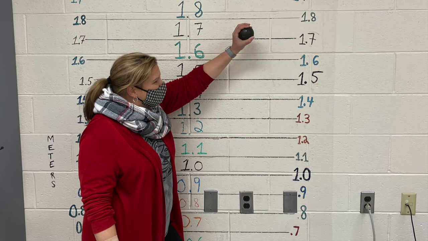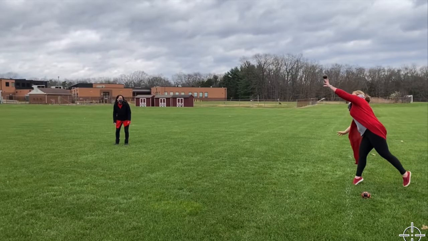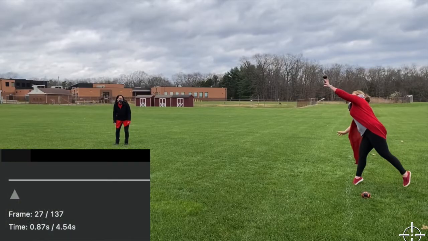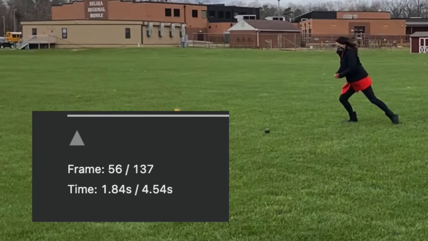We then measured the height from which the ball left her hand by having her put herself in the same pose as where she threw the ball. We then used video analysis to find that it left her hand at 0.87 seconds into the video. We then went to the end of the video, the moment where it first touched the ground, and that was 1.84 seconds. We now had all the information we need